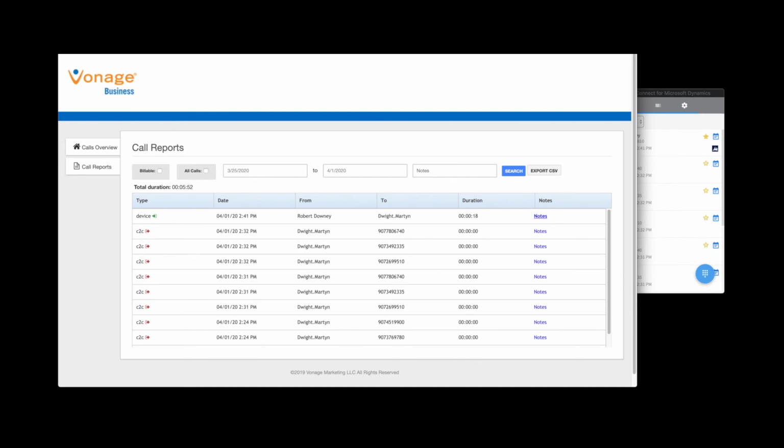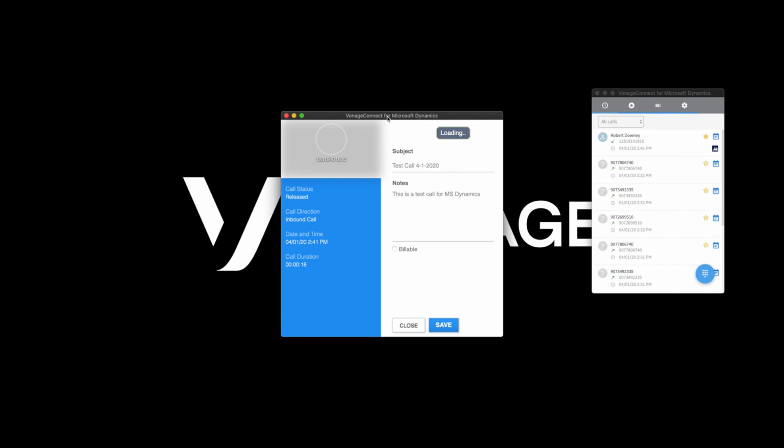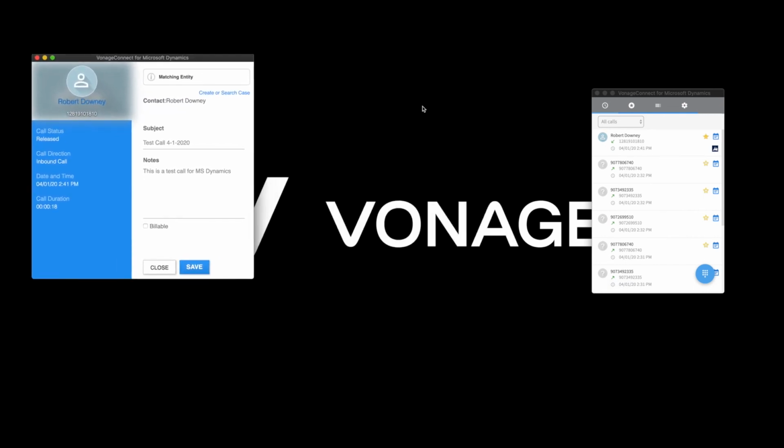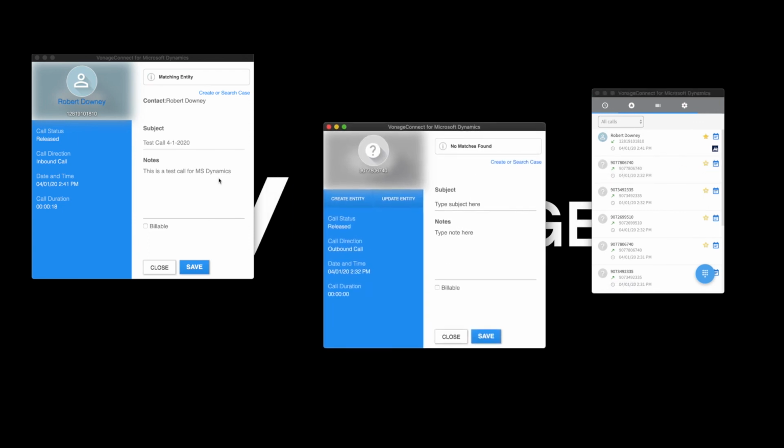More importantly, you can also store multiple notes at the same time. So if I'm currently working on a call with Robert Downey and another call comes in, I will simply get another pop-up. Now I don't have to break my train of thought on my prior ticket or terminate it early. This will prevent people from not leaving notes in your system.